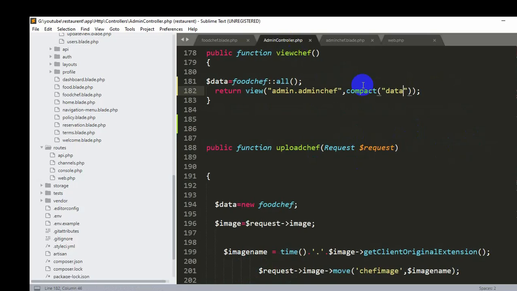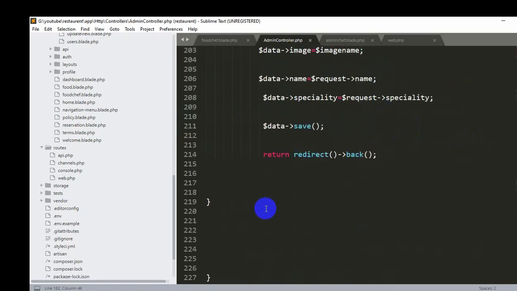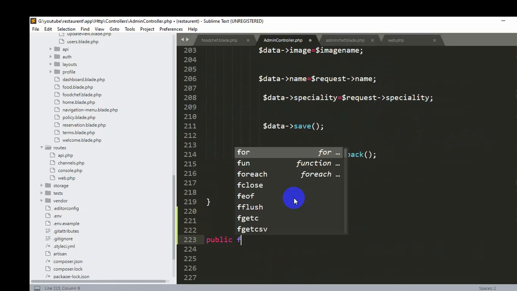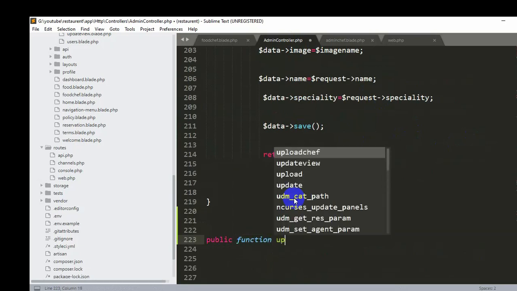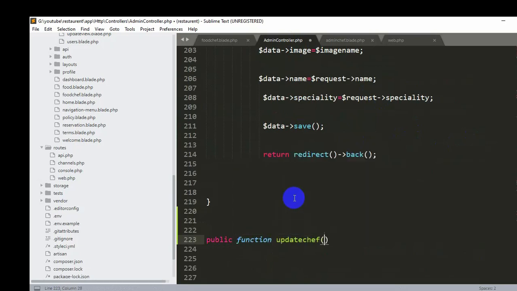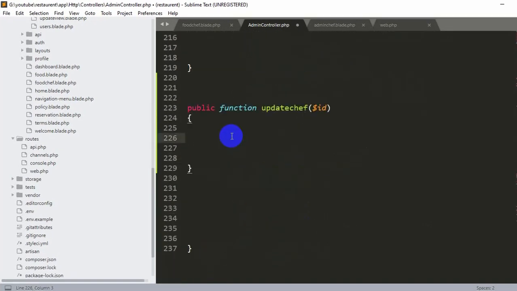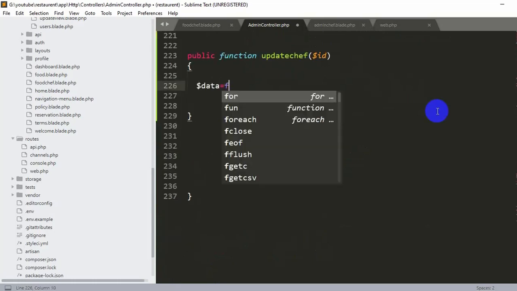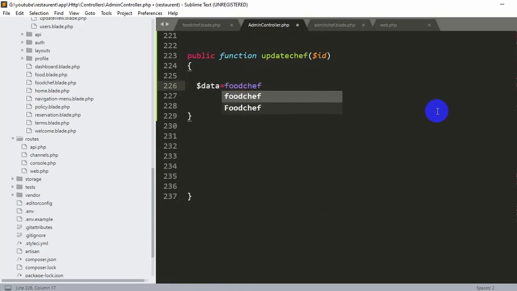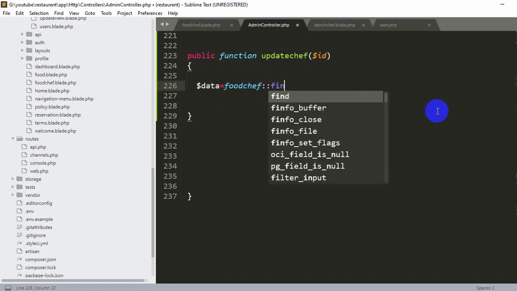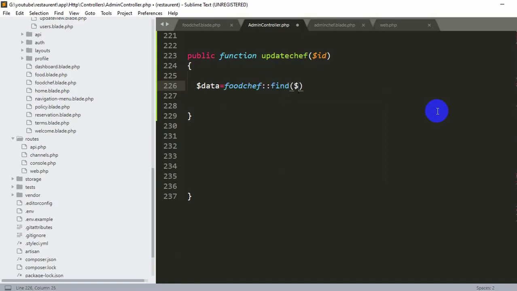So let's go to admin controller, and over here we'll say public function update chef, and we need to mention $id over here since we are also sending the id. And over here then we need to declare a variable, and we will say $data is equal to our table name, which was food chef, then this sign, and we'll say find $id.